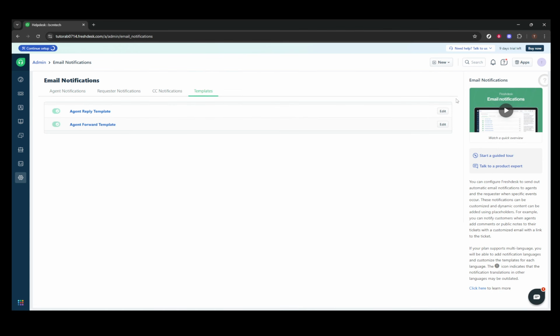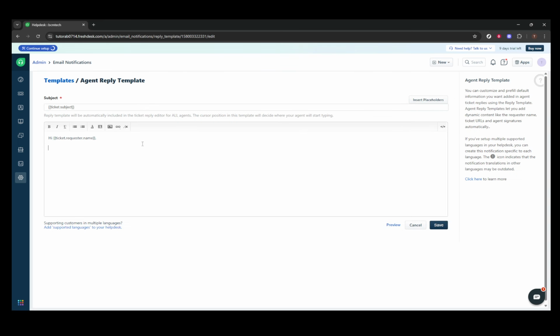The beauty of this platform is that it allows you to switch to HTML mode here, which is immensely helpful if you want to incorporate advanced formatting or branding elements like a company logo or a custom-designed banner. After inputting or updating your signature, make sure you save your changes. From now on, this signature will seamlessly appear in all agent replies, thus ensuring a unified look that aligns with